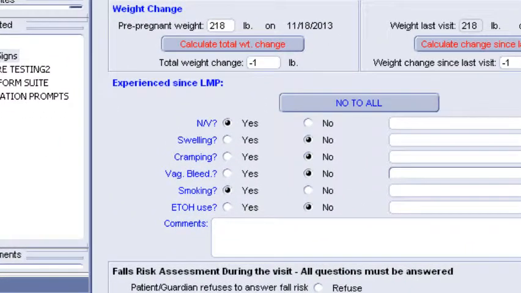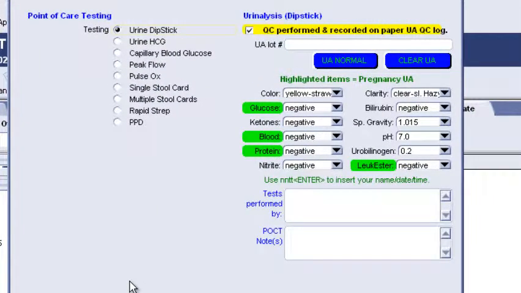Now, the questions that the nurses ask are also somewhat different during a prenatal visit, and you can see here that they've asked about swelling and cramping and vaginal bleeding and smoking, and this particular patient is a smoker. By clicking on Next Form, that brings us to the point of care testing form, and you can see that the nurses have already done a urinalysis. They will usually do that for any prenatal patient,